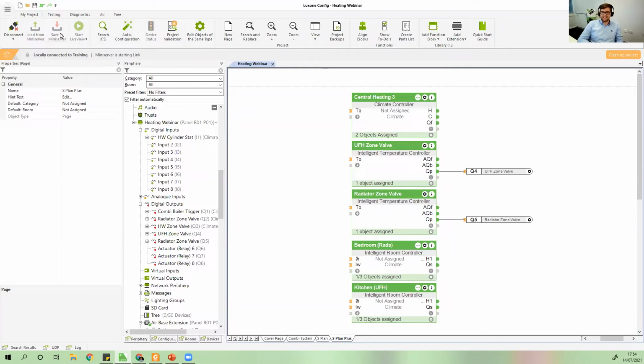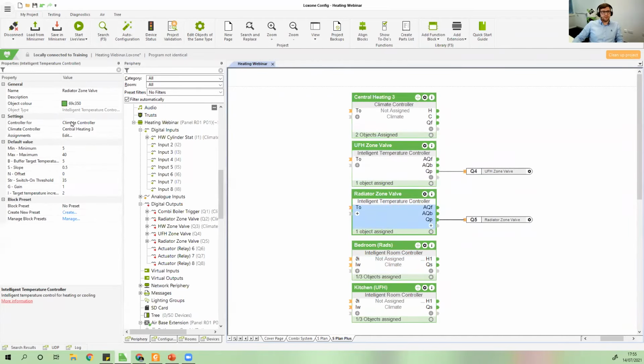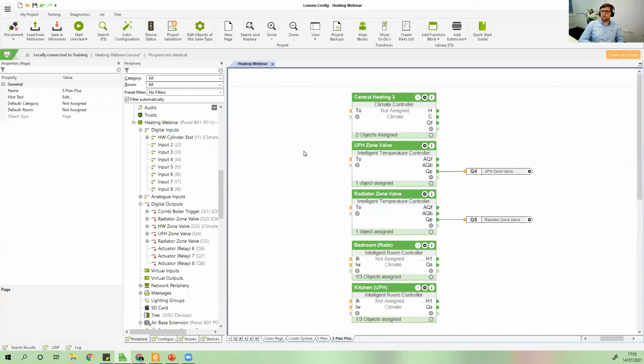Simple, eh? So remember, a climate controller for every energy source. Intelligent temperature controllers if you have multiple zone valves on your heating system that you need to open. An intelligent room controller per room. And then remember to do the linking to link them all together so that they're all working in tandem rather